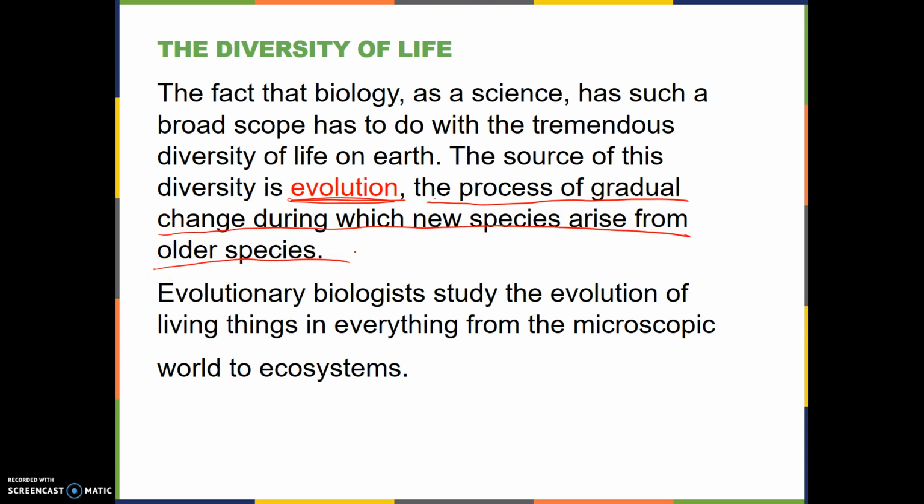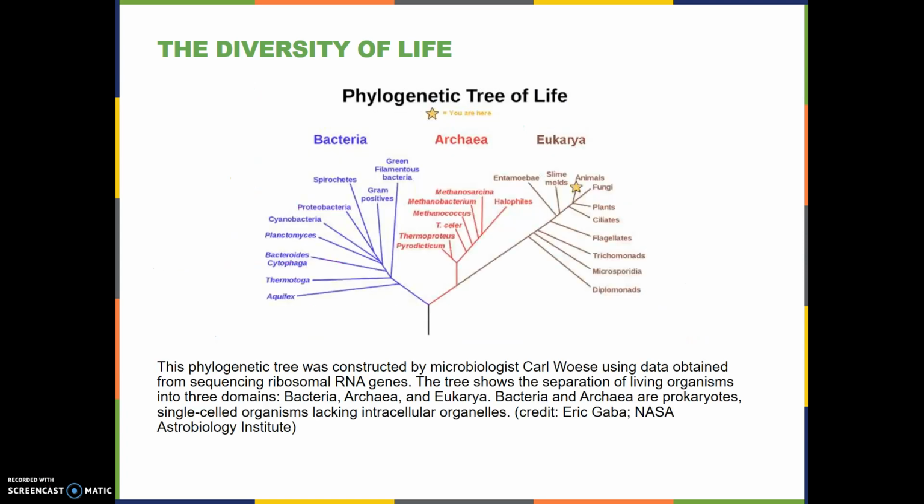It's important for you to remember that evolution does not mean a single organism changes. It's just that the new species over time has different characteristics than the old population had. And here is a